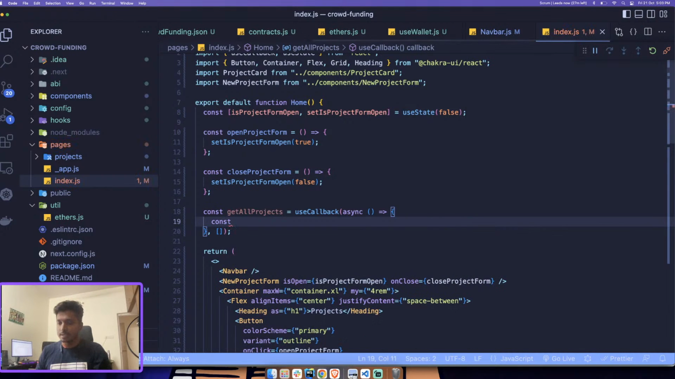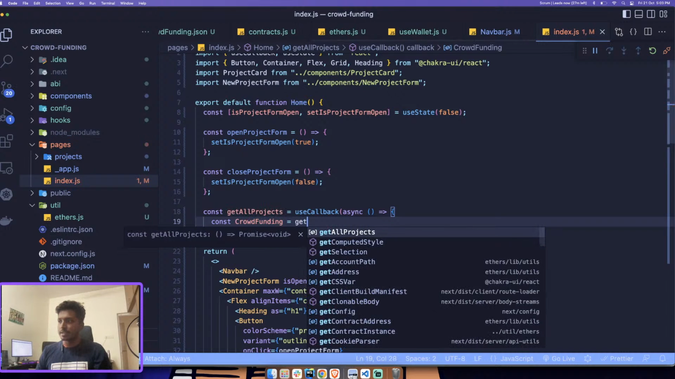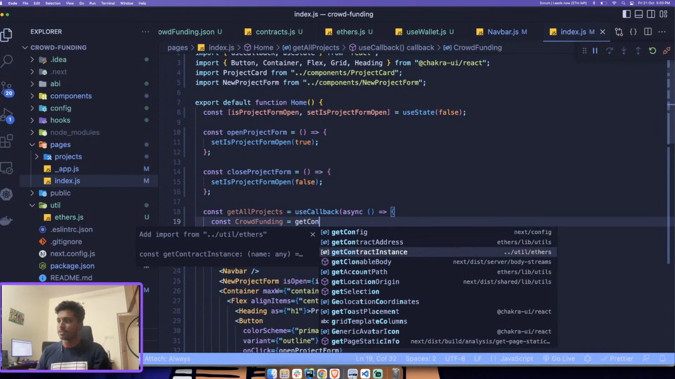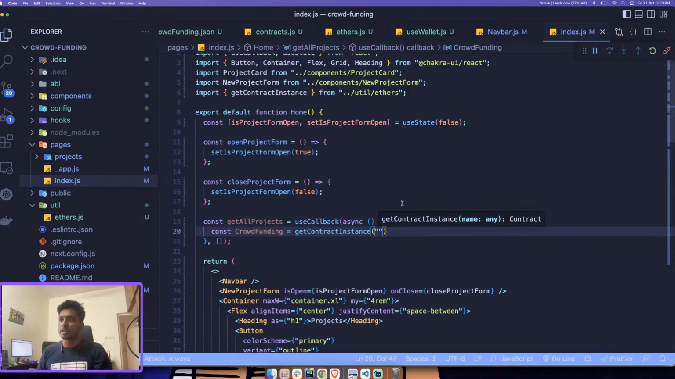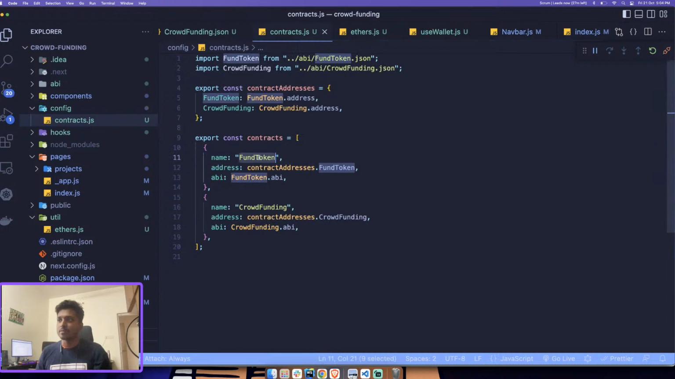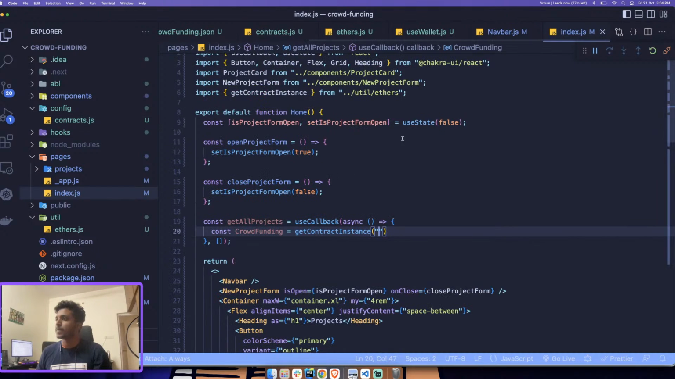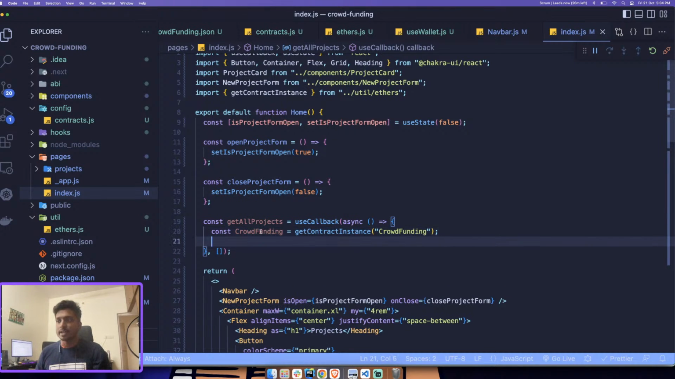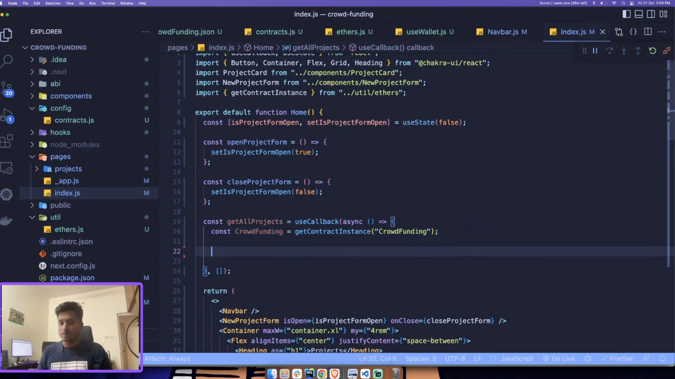So here we'll say crowdfunding, and then we'll say get contract instance, and then we need a contract name, right? So we can get that contract name here, crowdfunding. We'll add that here. So now this will get us the ethers contract instance. And now what we can do is we can say projects